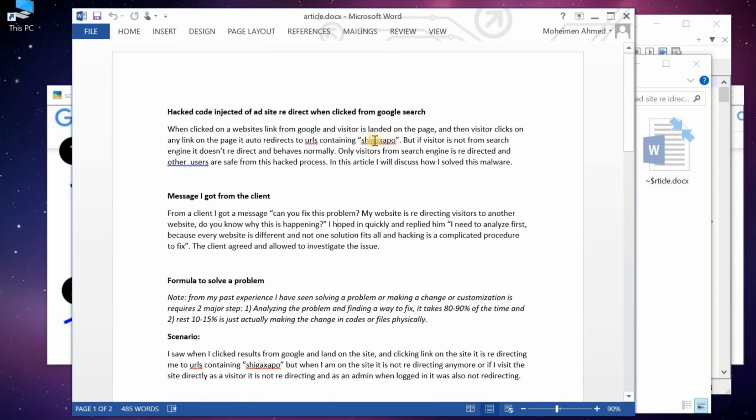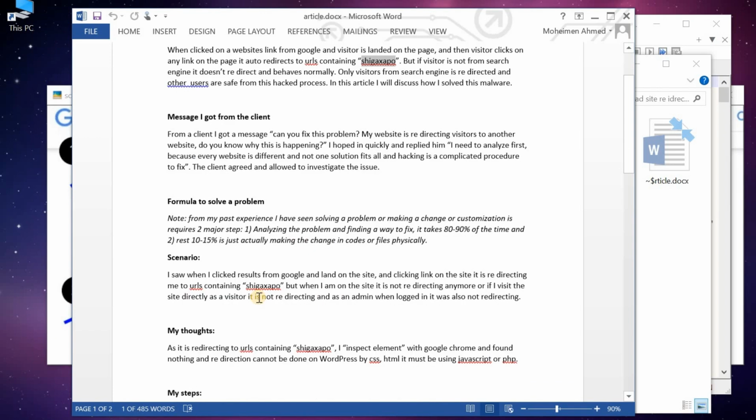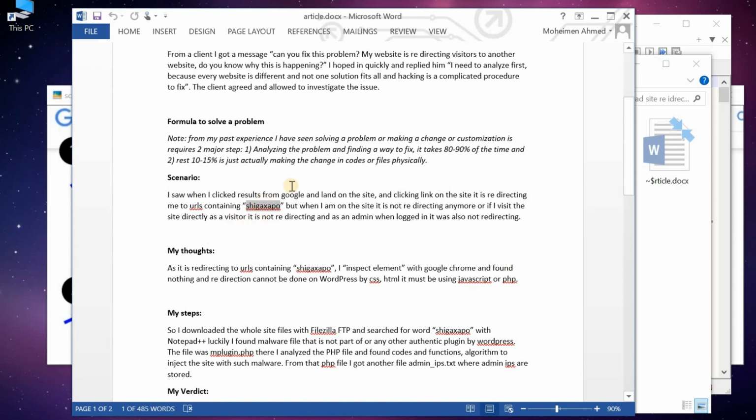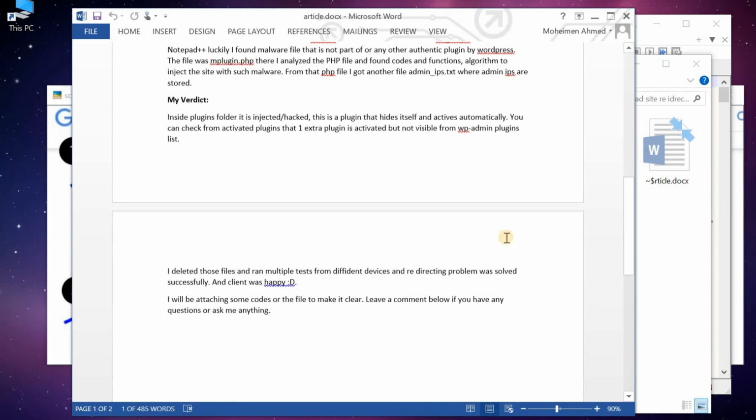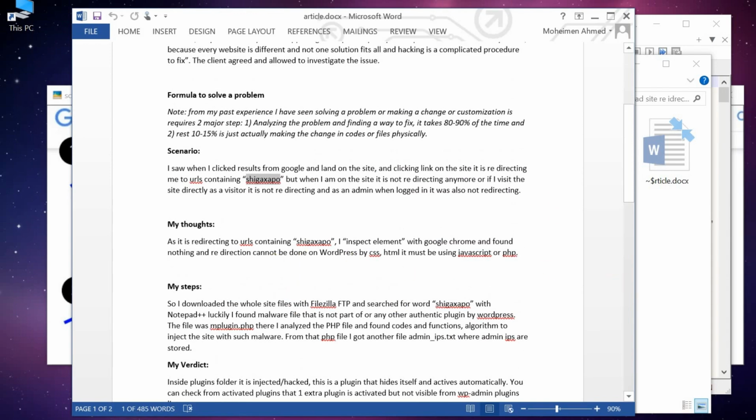As I didn't have any clue what the reason could be, I used inspect element with this word and went step by step, but I couldn't find this word in inspect element. I was using the Chrome browser. Then I downloaded the website and searched for this word with Notepad++, because this is not something we see in any website or in WordPress, as this was a WordPress website. So after searching, I found out